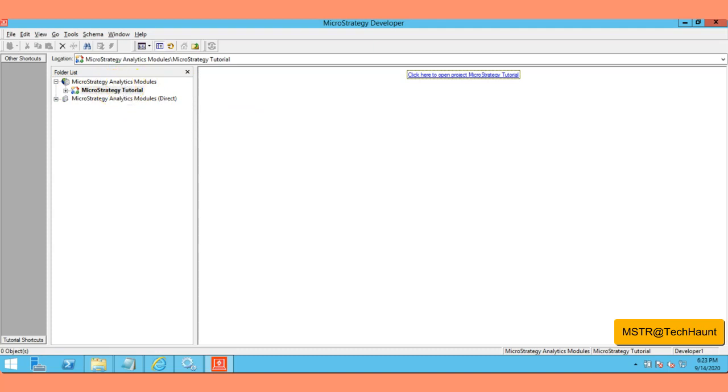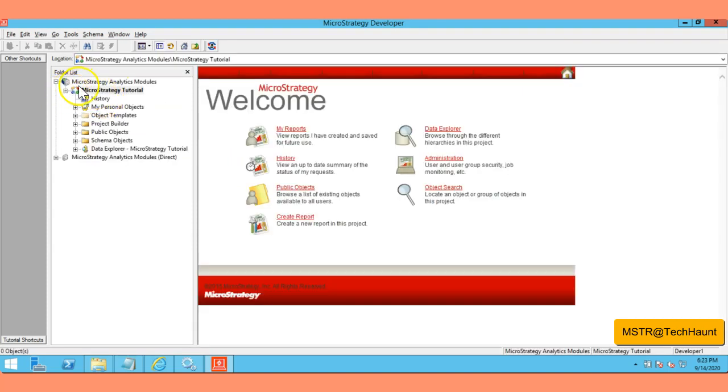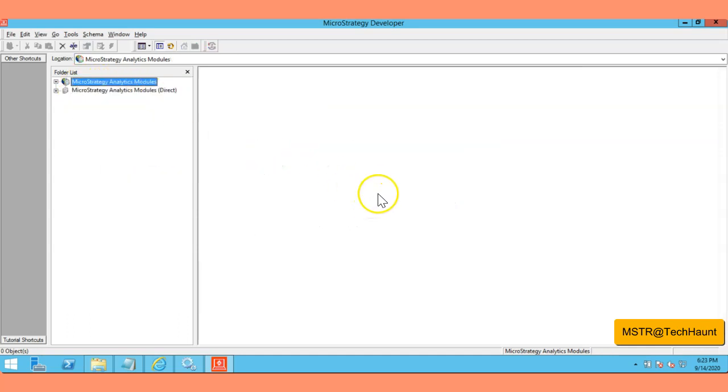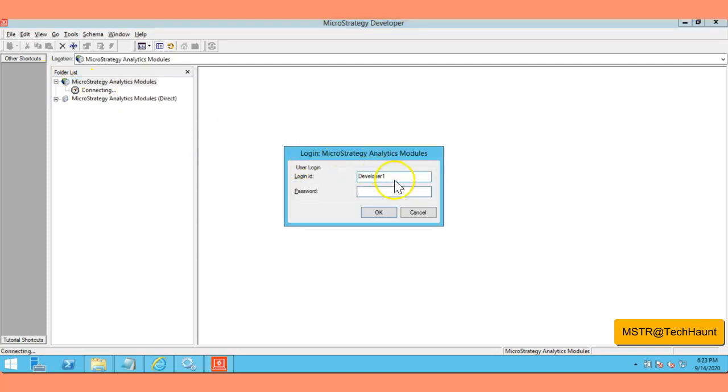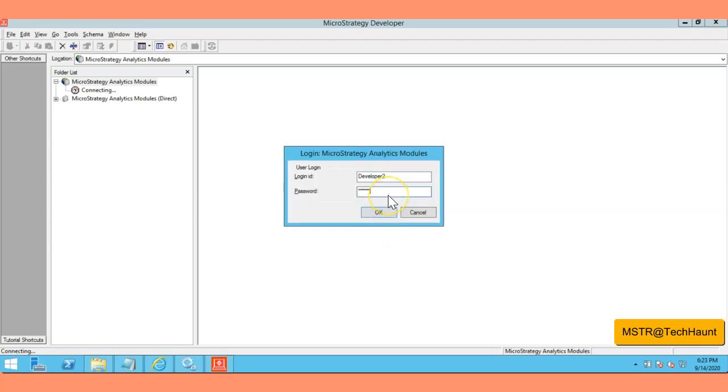That's a different project, and only developer one can see these projects, and this user cannot see the administration and other things either, right? But if you disconnect and log in with developer two, this is my developer 2. Developer 2 should not see the MicroStrategy Tutorial project if we didn't make any mistakes creating and assigning the permissions.